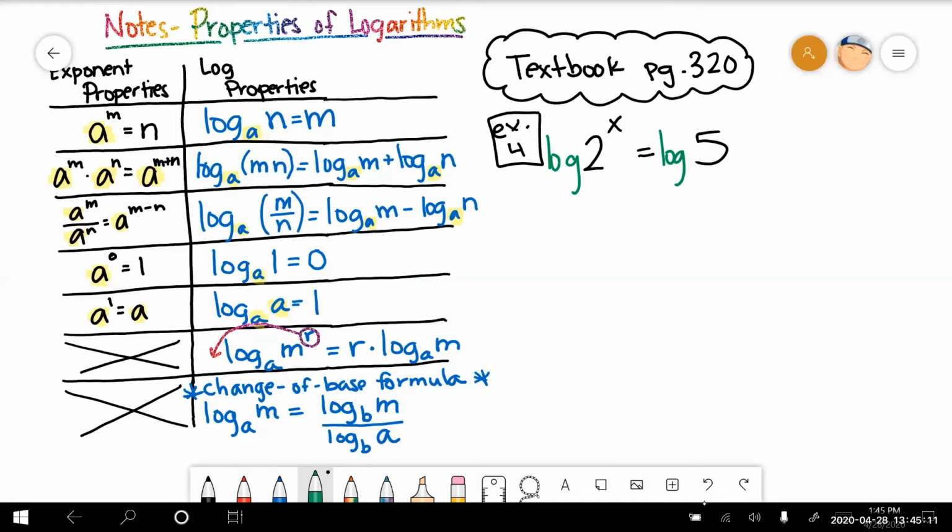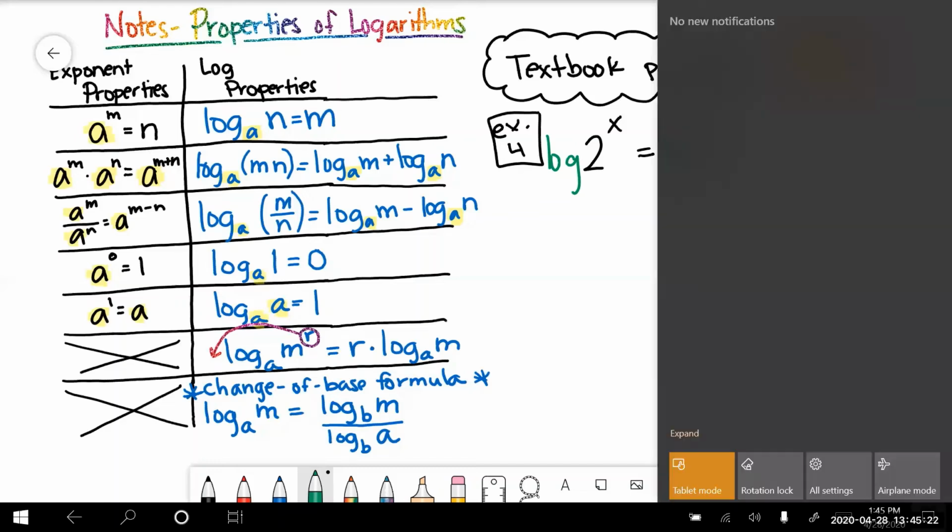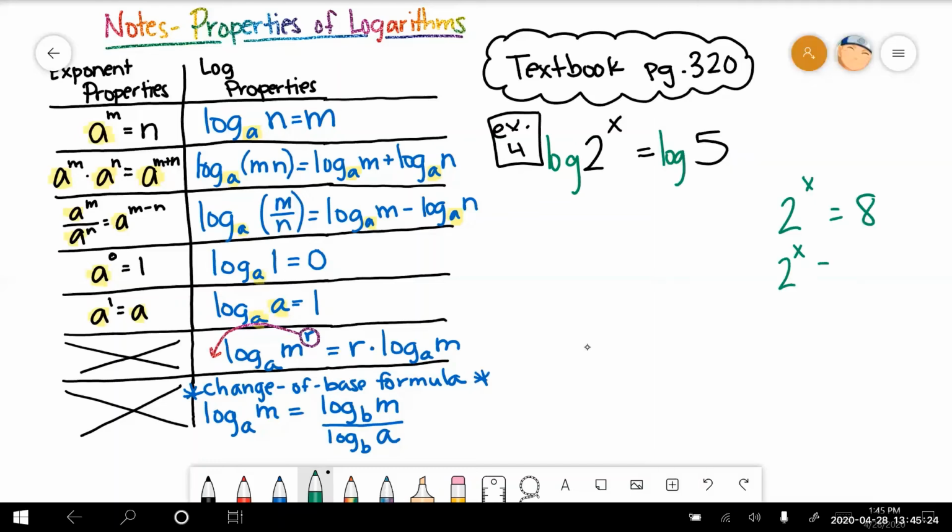Because having x in the exponent, besides graphing, it's a little hard to determine what those were. In the past, for example, if I had 2 to the x equals 8, that you can solve, right? Because you know that 2 to the x equals 2 cubed for 8, and x equals 3. So in the video prior about using exponential properties, that was easy. But now with the implementation of 5,